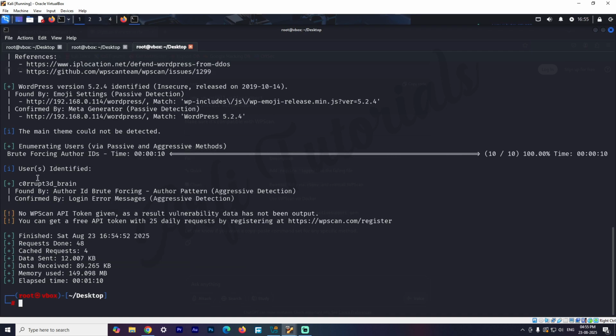I can see the user identified. There is one username that we can attack via brute force to get a password to log in.